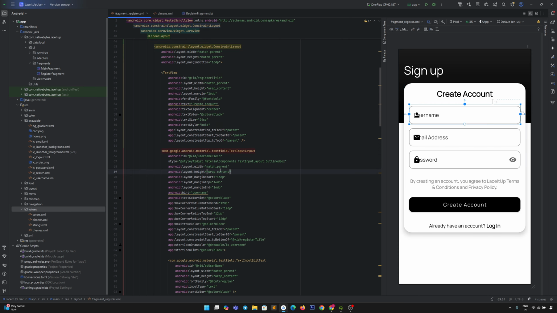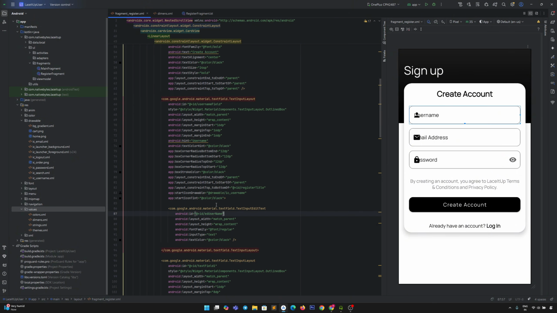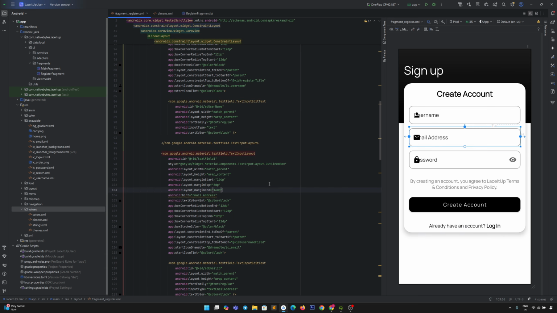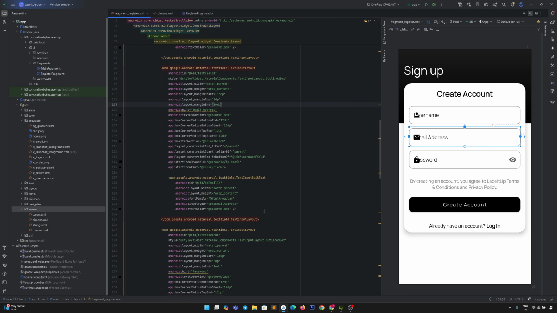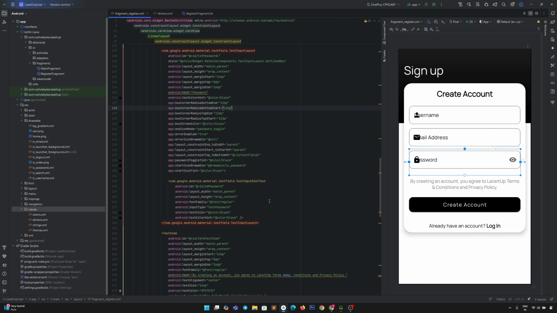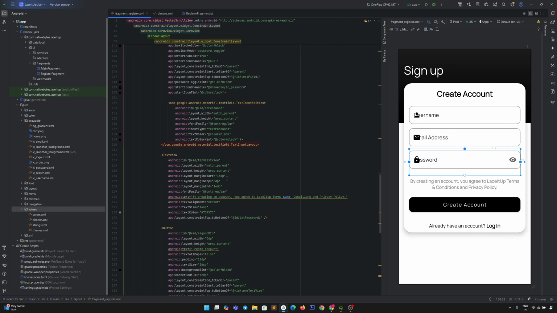Then we have text input fields. Okay, these are the text input fields. This is for password, and here I have used a text view for terms and conditions.